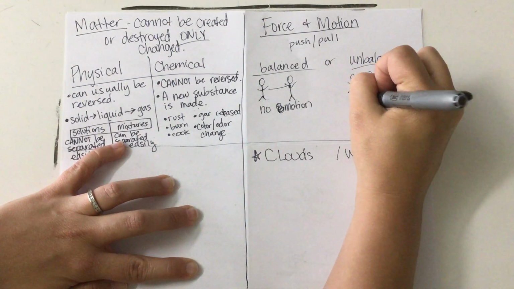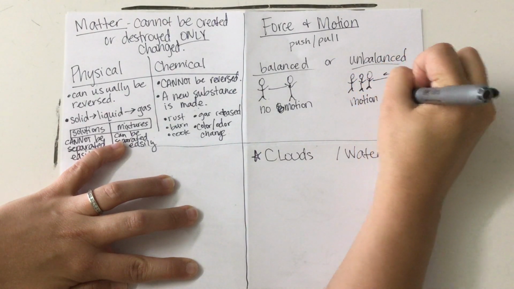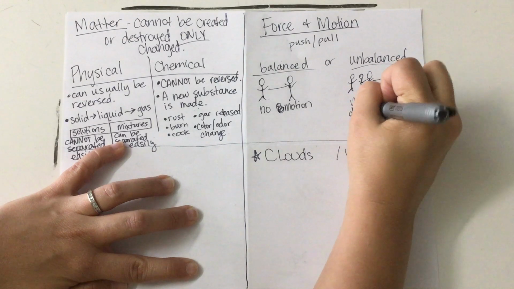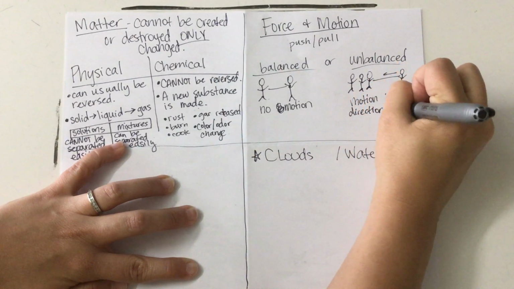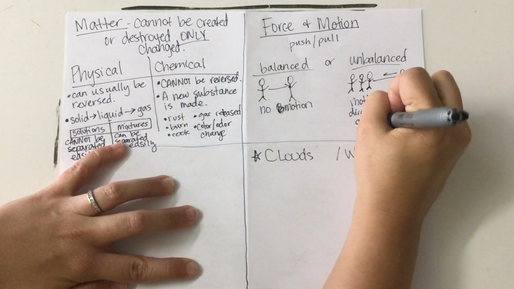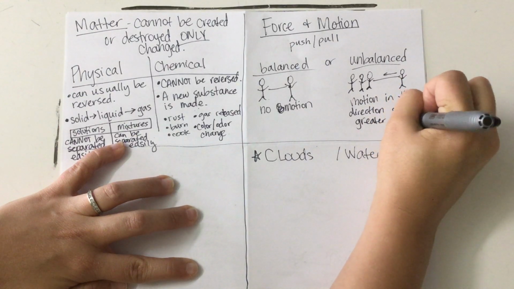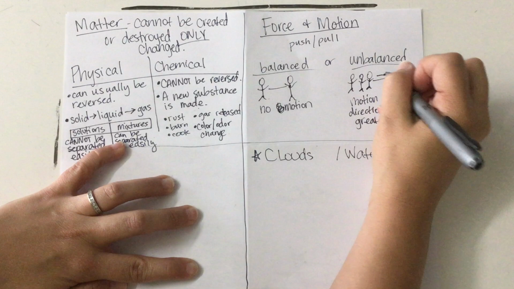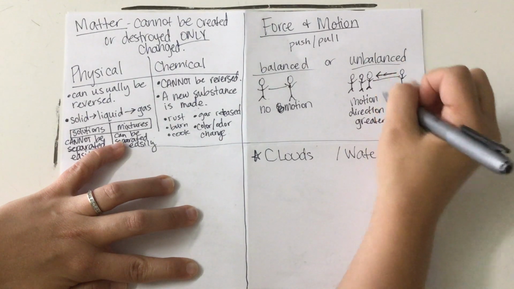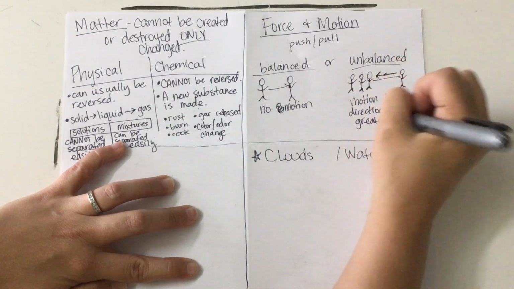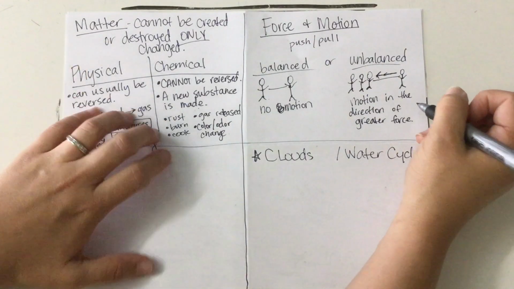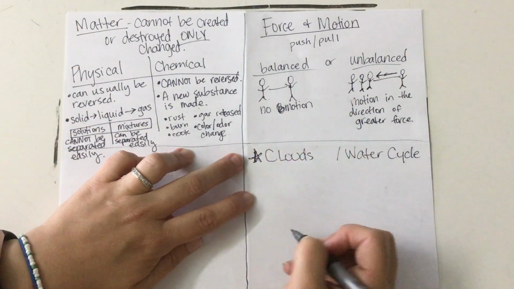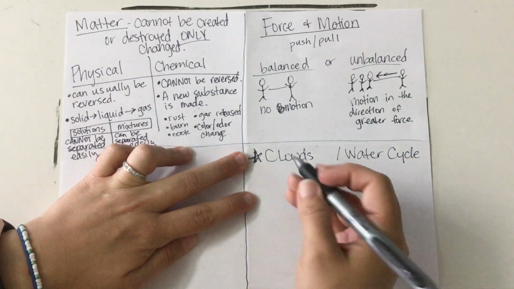So we have motion in the direction of greater force. Now, if by drawing this and just drawing the arrow to where there are more people, you know that the motion is in the direction of greater force, you don't have to write all of that. Last but not least, if you want to go above and beyond, remember this is bonus, you can write your